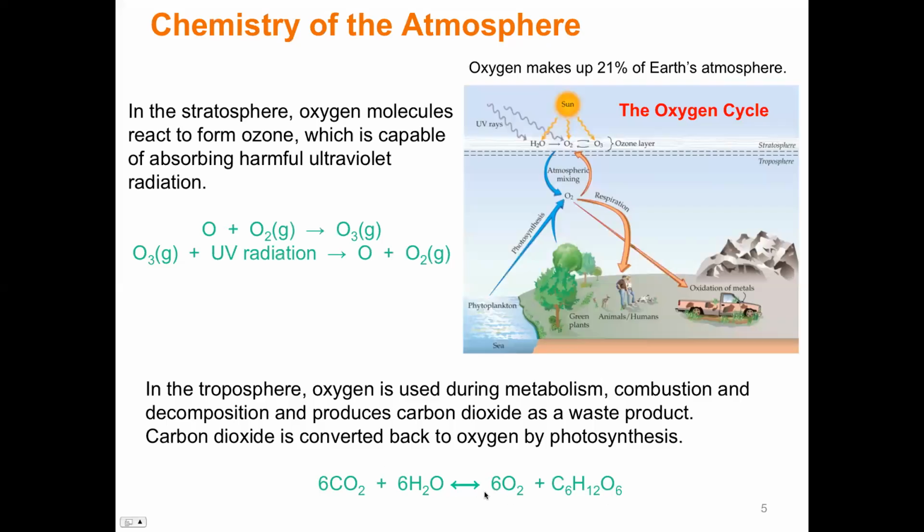And in my notes, I sort of broke it down to just O2 and CO2. So O2 using metabolism, decomposition, and combustion going to CO2, and CO2 via photosynthesis going back to O2, and that would be your oxygen cycle. And then we can get more oxygen, of course, from the stratosphere because of these reactions that are catalyzed by sunlight, okay?